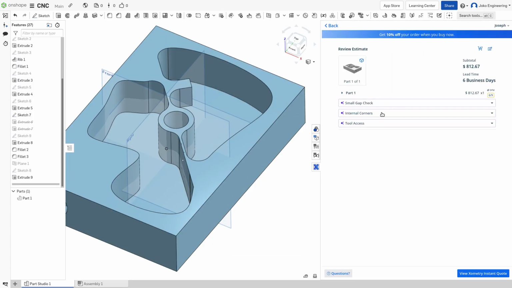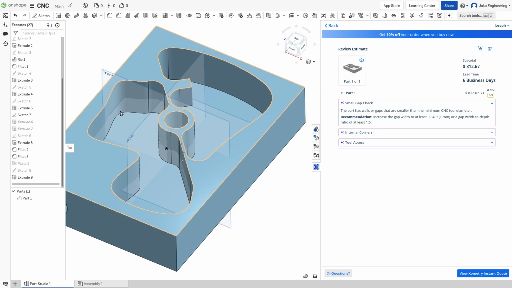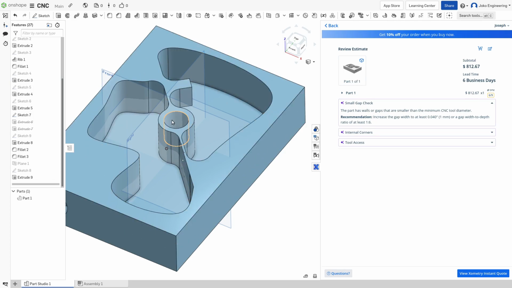Alright, so it looks like we no longer have any voids, but we have issues like small gaps, internal corners, and tool access. If I open up, say, something like a small gap, it says the part has walls or gaps that are smaller than the minimum CNC tool diameter, and it gives me a recommendation on how to fix it. But you could say, well, I don't see any small gaps here,